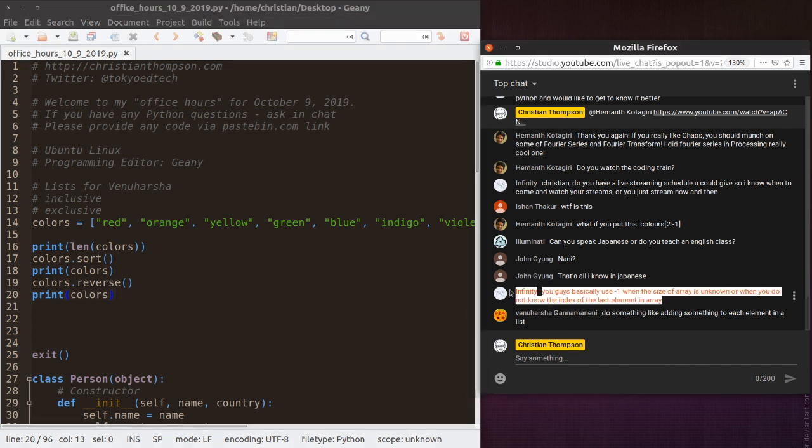Yeah, infinity, exactly. If you don't know the size of the array, you just use -1. It's very, very convenient. Whereas in Java, you'd have to do the length of it. It's not a big deal, but